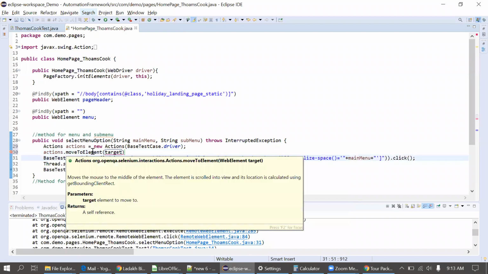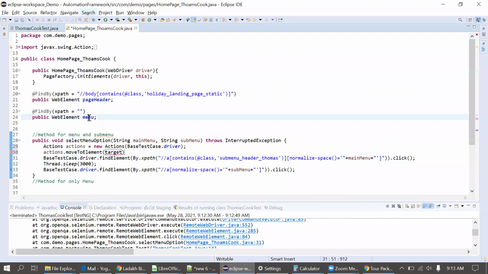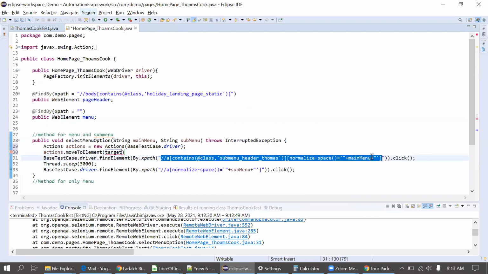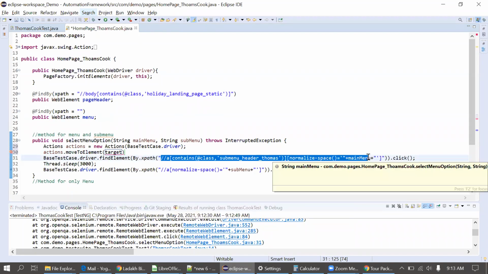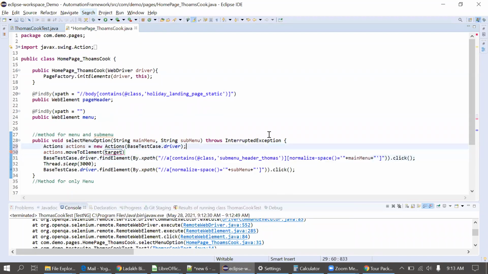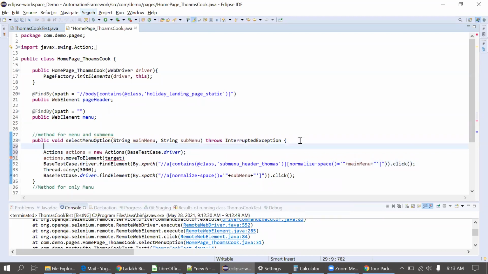What is it expecting? It is expecting a web element. So I'll create the XPath. I'm pasting the XPath at line number 24 now. No, I cannot put it there actually. I have to write it here itself because that's a dynamic one.